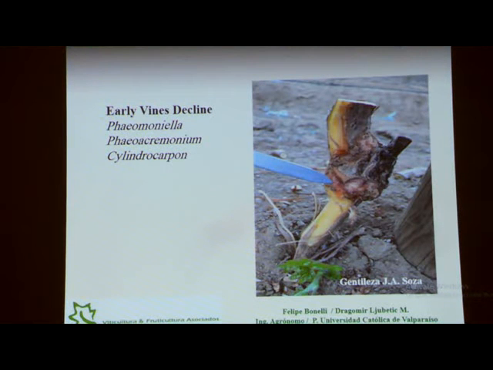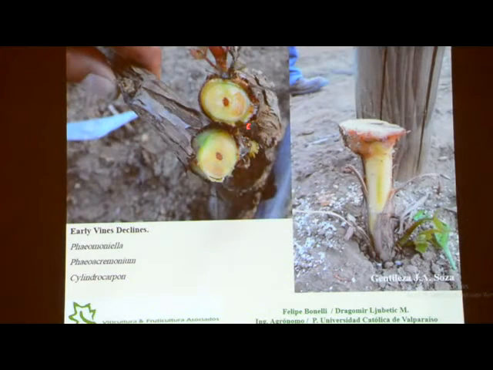Also, the fungi that cause early vine decline diseases, such as Phaeomoniella, Phaeoacremonium, and Cylindrocarpon, can damage the union of the callus and produce incompatibilities. برضو بعض الفطريات